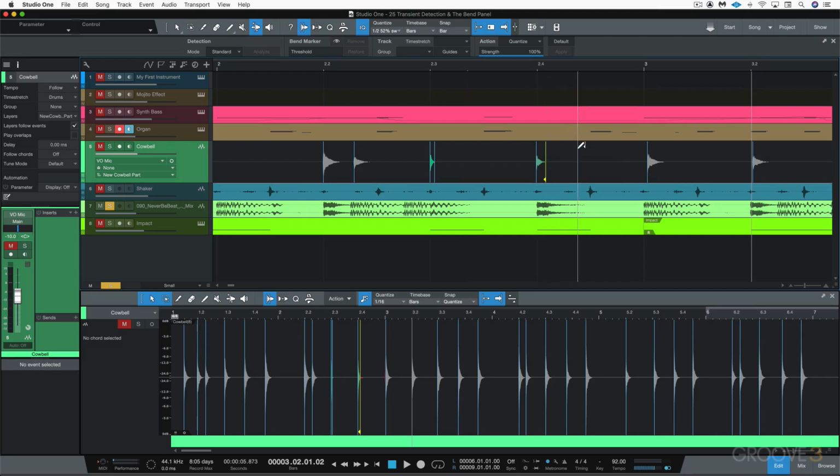And we can also, let's say I'll click a new one here. We can hold down the Alt key to move them around without doing any time stretching. And I'll just double click that one to delete it. Now I'm just going to hit 1 to switch back to our main tool, and we'll look at the bend